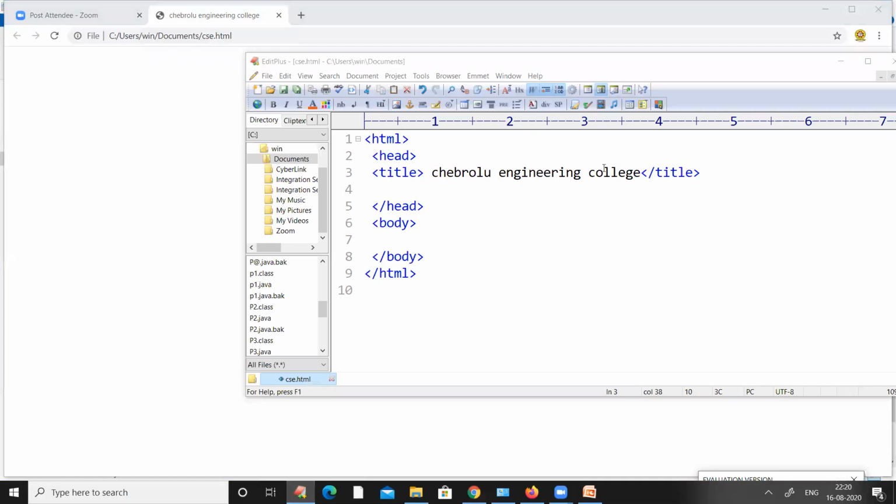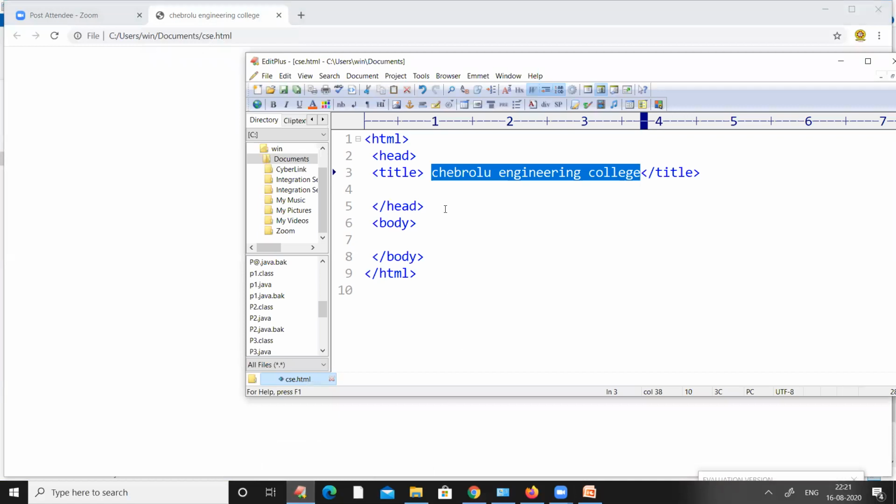You can observe the title of this web page has been changed to Chebrolu Engineering College. Previously, the title was Computer Science and Engineering, and then I made some modifications in our program. I changed this title to Chebrolu Engineering College. That's why the title of this web page has changed.